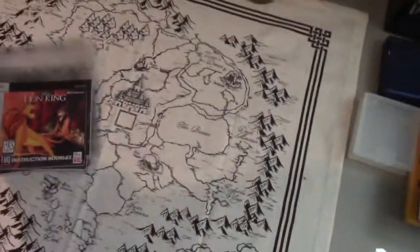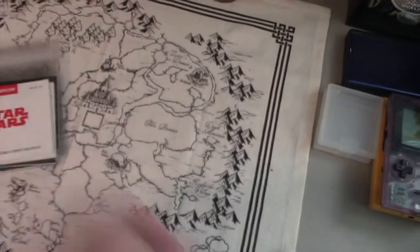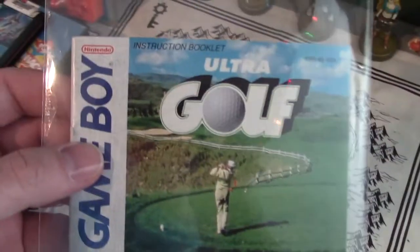Lion King, Mickey's Dangerous Chase. I don't own that game either, but I will find it. Star Wars, Super Off-Road. I think I'm missing that game as well. Toy Story, which I just got that game. Ultra Golf, Wheel of Fortune, Who Framed Roger Rabbit,